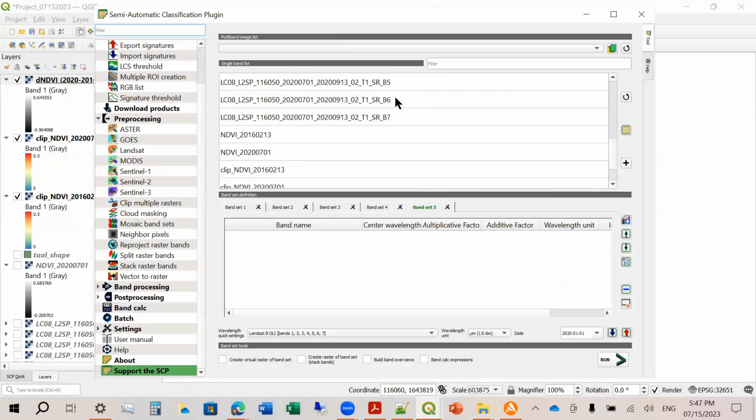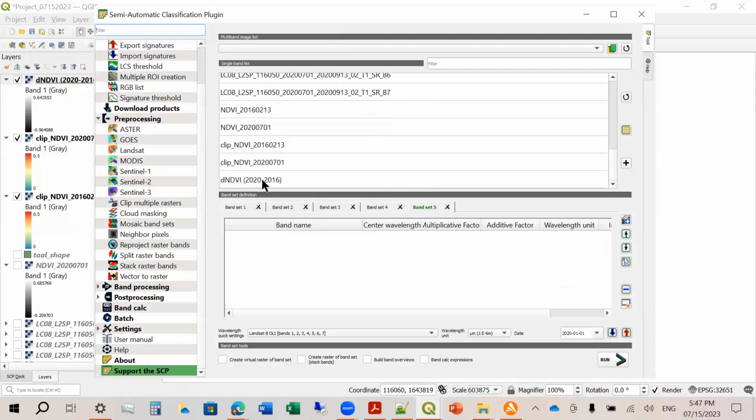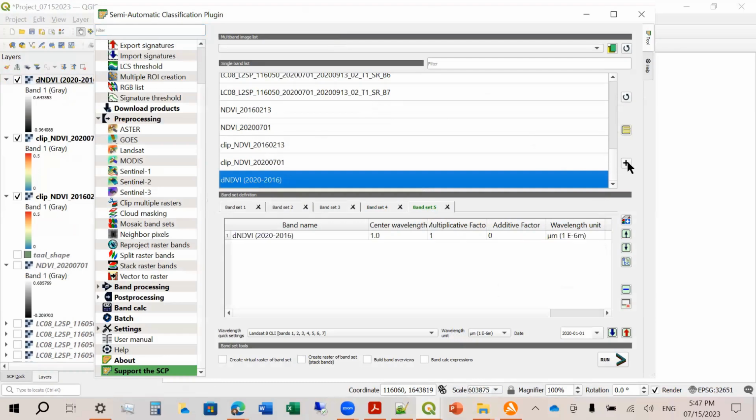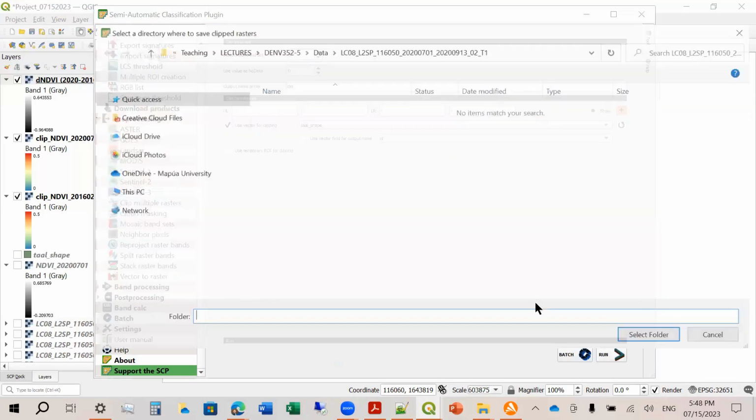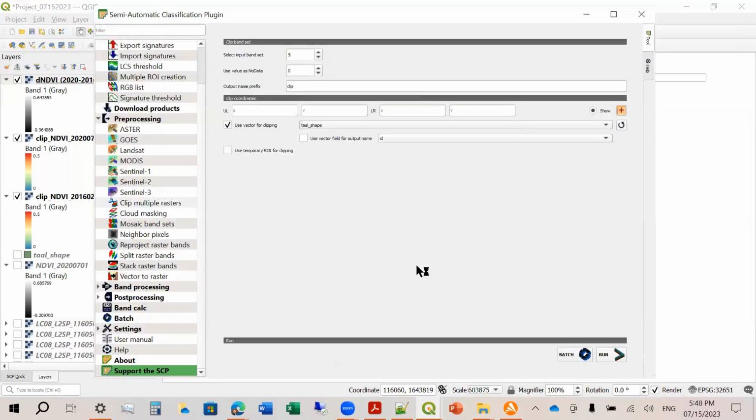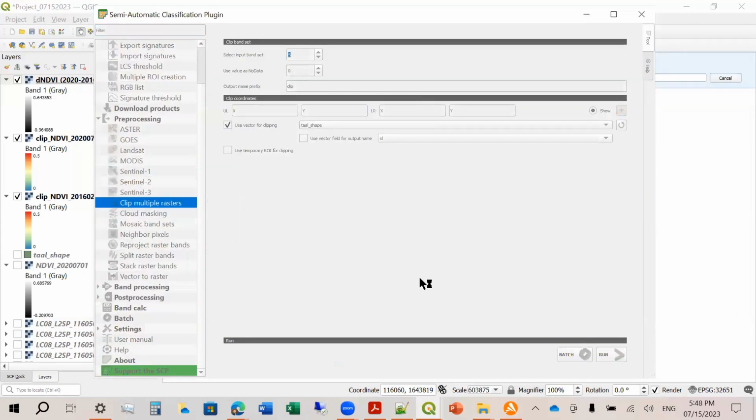So click refresh. This one, add. And then clip multiple raster. This is band number 5. Then everything will be the same and then click run. Select folder. And then let's wait for this to clip.